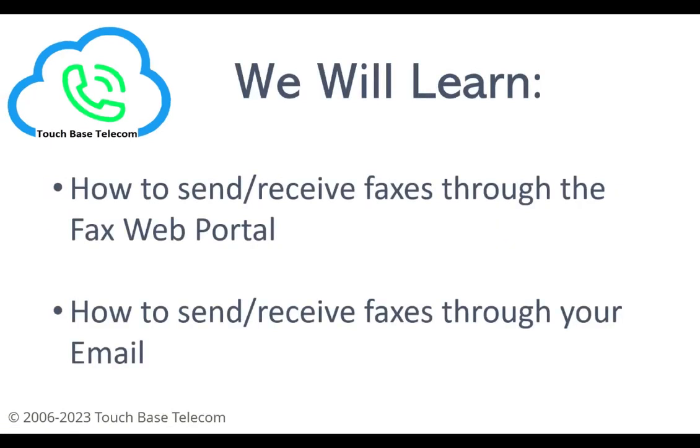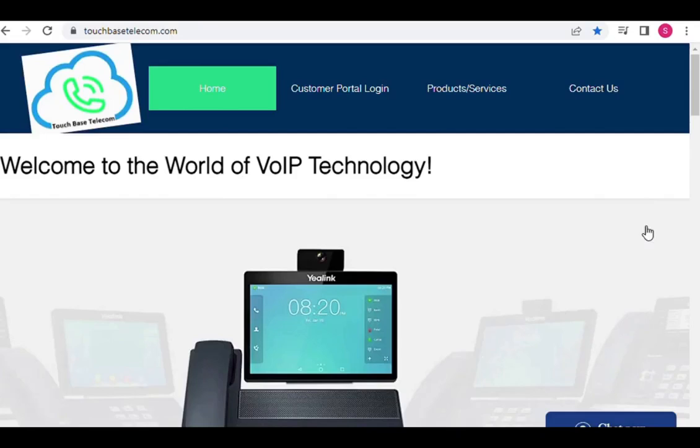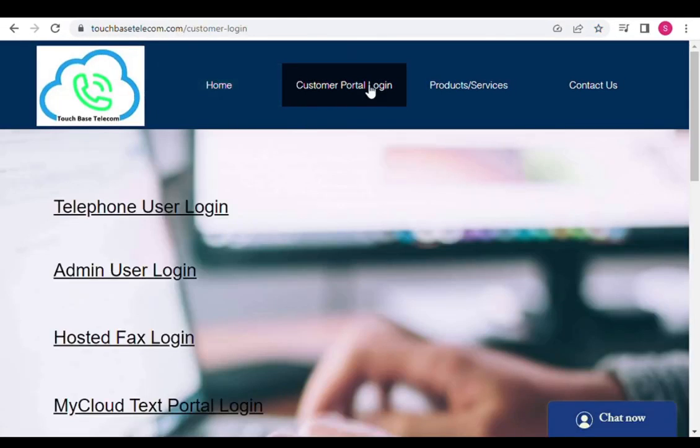So you've ordered a hosted fax, and now you may ask, how do I use this? In this video, you will learn how to use your hosted fax in two different ways, through the Fax Portal and through your email. To find the Fax Portal, you will visit the website touchbasetelecom.com and click on Customer Portal